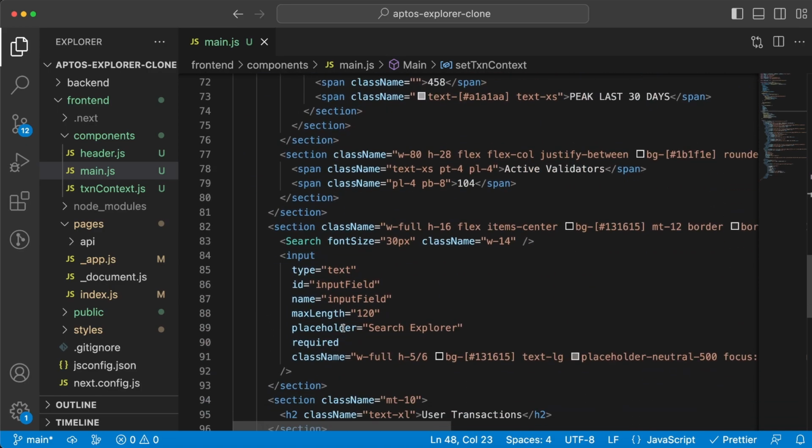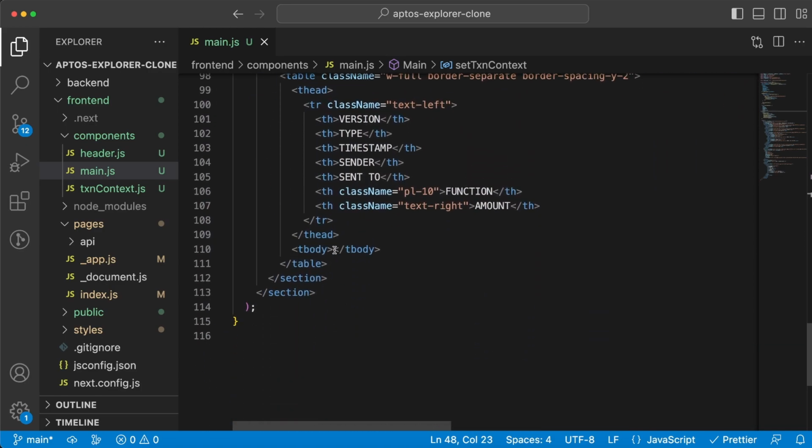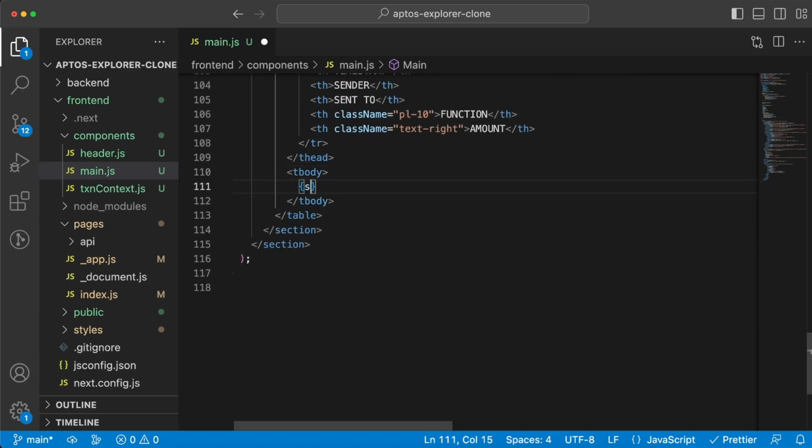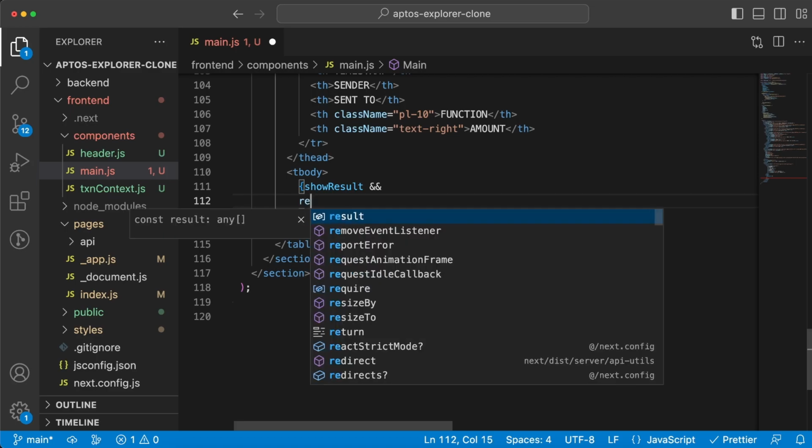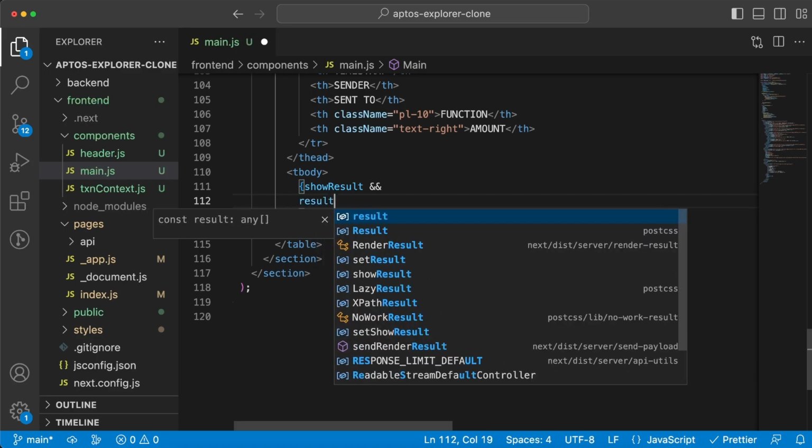Like this, and then we can go down to the table body. So we're going to do show result. So when result is true, we want to render a few things. Okay, so the first thing we want to do is let me do like so. So we want to map through the result array,